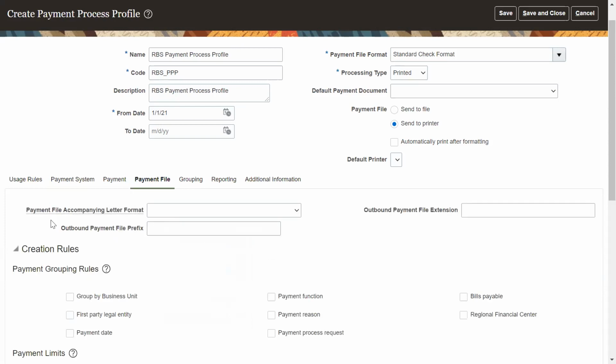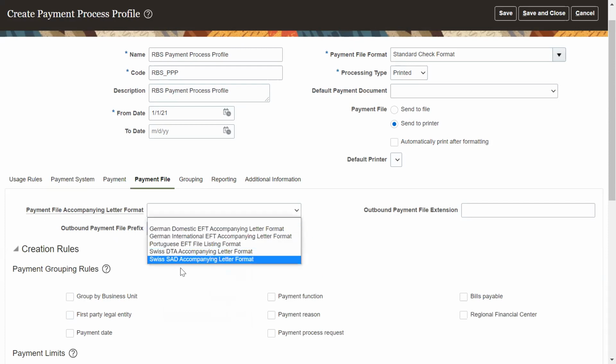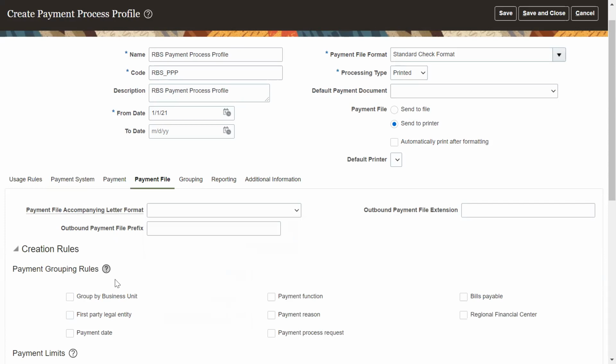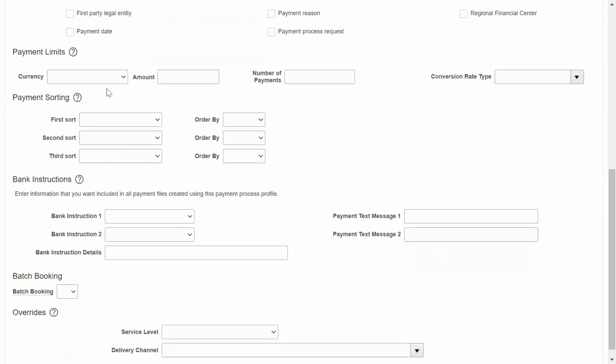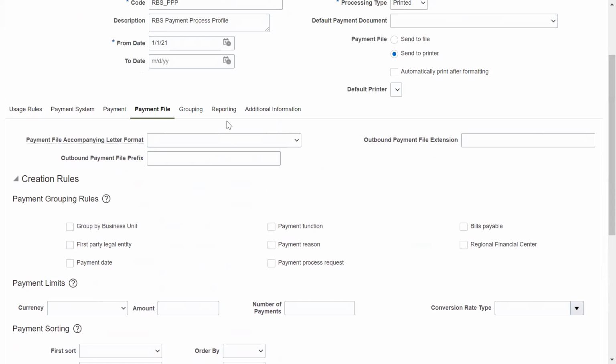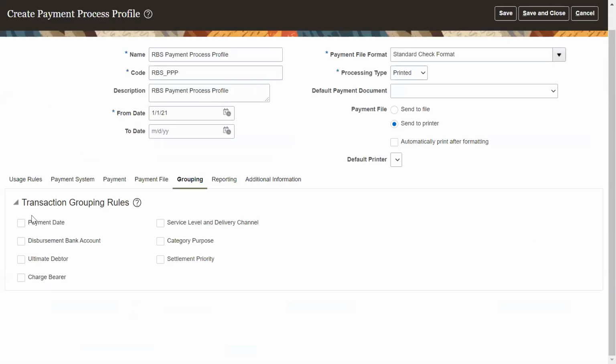Payment file accompanying letter formats, what type of German, Swiss, what type of payment format and creation rule, that is also similar to EBS. Payment limit we can also assign for a particular currency, number of payments and all these things, similarly to EBS. You can also define the transaction grouping rules, payment date basis, disbursement bank account basis, or whatever the basis, all these options we have.